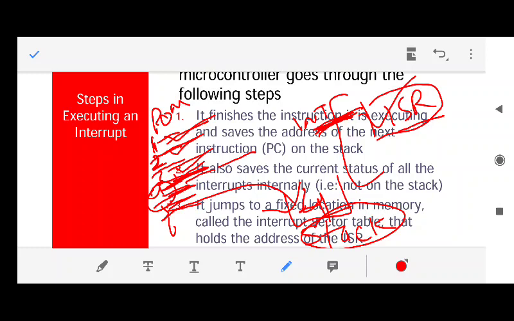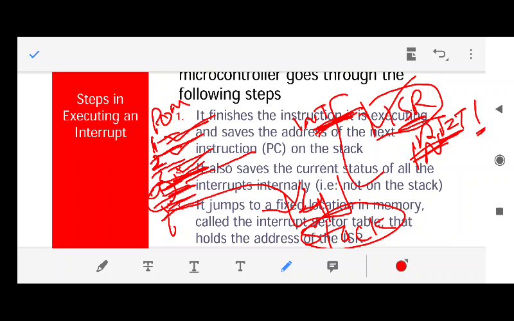The last line of that interrupt service routine will definitely be RETI. RETI means return from the interrupt. RET is return and I is interrupt.